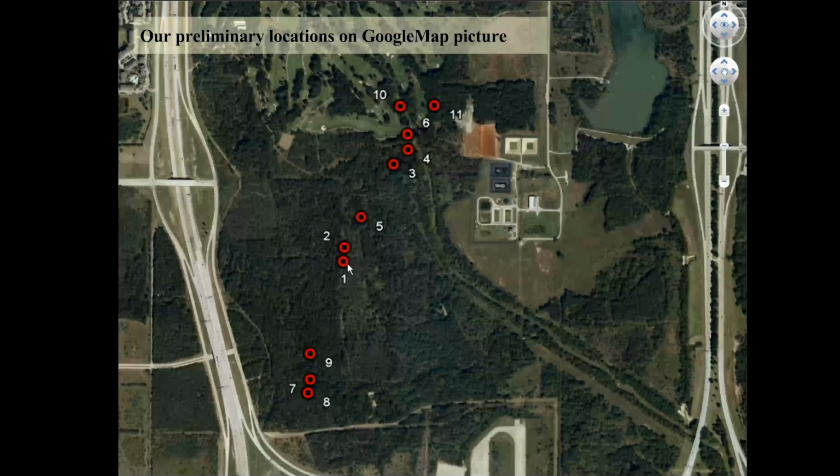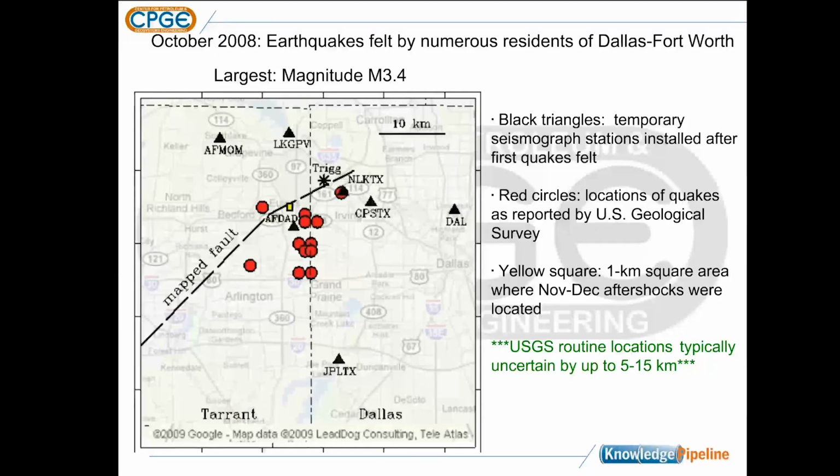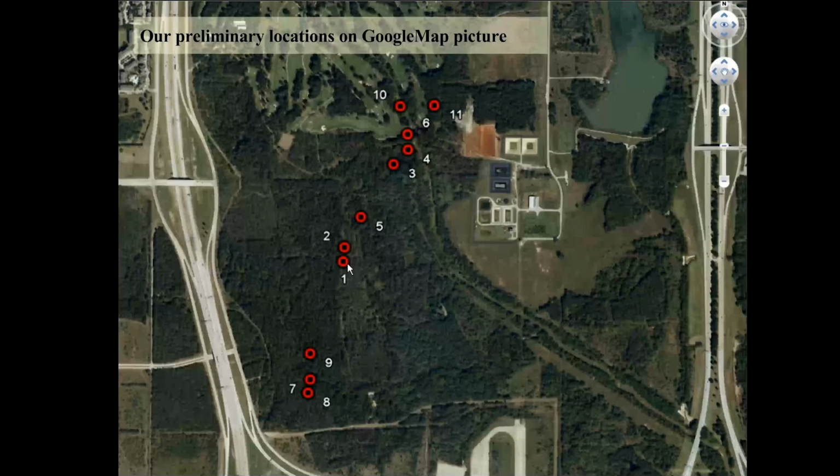One, when I was a graduate student and you located earthquakes, the first thing you do is run to a map. However, we've come a long way from then, so now what you do is you run to Google Maps. And if you run to Google Maps for that little square, what you find is this. Here the red are where we located the earthquakes, along sort of a 1 kilometer line.